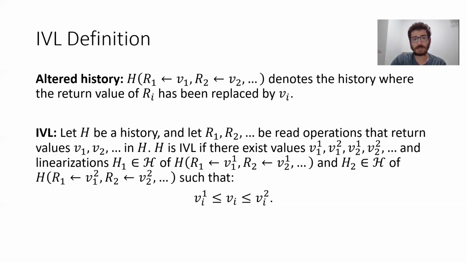What this basically means is that there exists a certain linearization of the concurrent history where, if the execution were to happen in the order provided by the linearization, then the return value would be VI1 or VI2. But the return value was VI, which is bounded between VI1 and VI2, providing flexibility during concurrent times, while still maintaining a certain notion of correctness in the eye of the system designer.